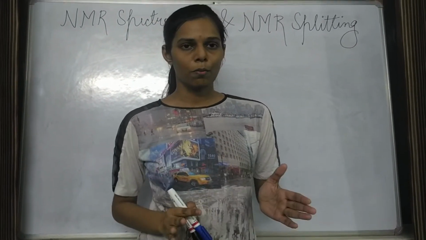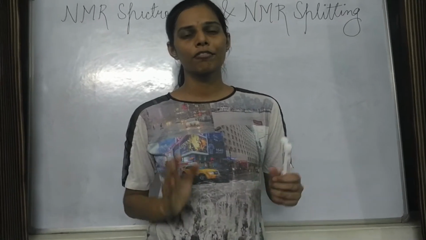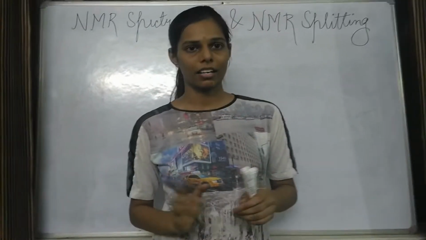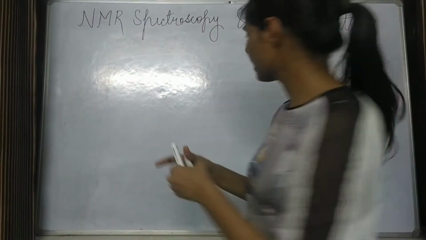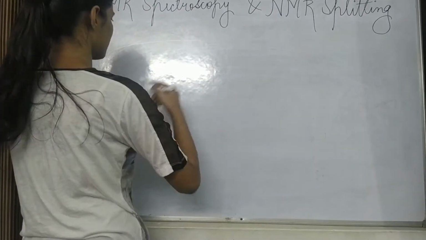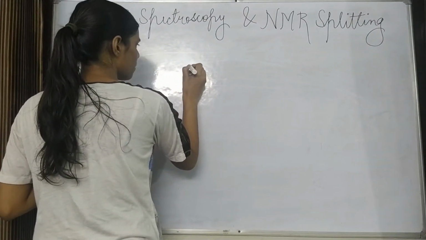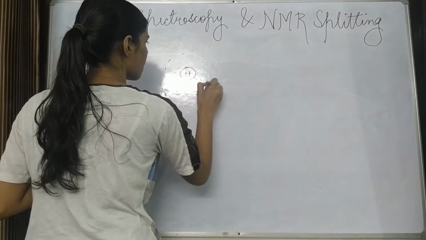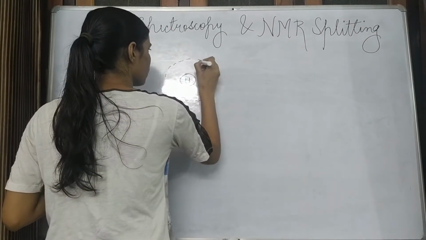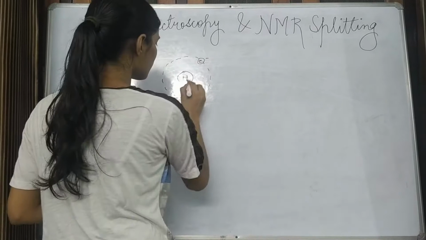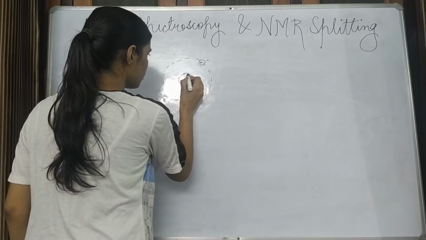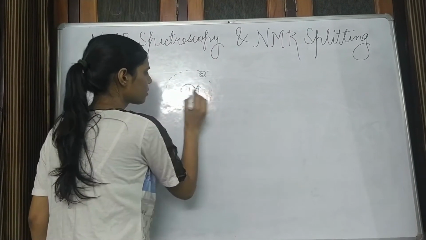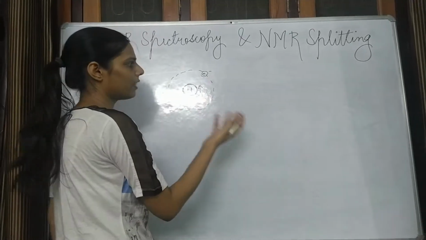So this NMR spectroscopy exploits the idea of the proton spinning and acting as a magnet. So I'll take the example of hydrogen here, which is the simplest atom. Hydrogen atom is composed of one proton and one electron. So this hydrogen atom has a nucleus, and this nucleus spins. So this spinning property is exploited by the NMR.